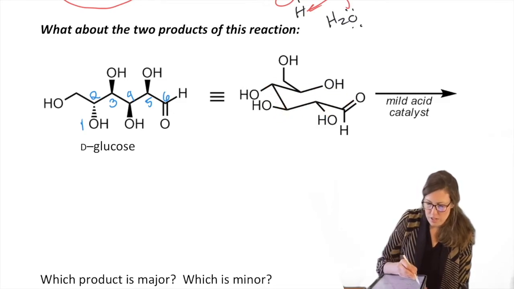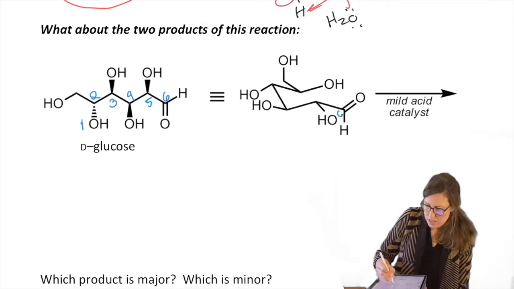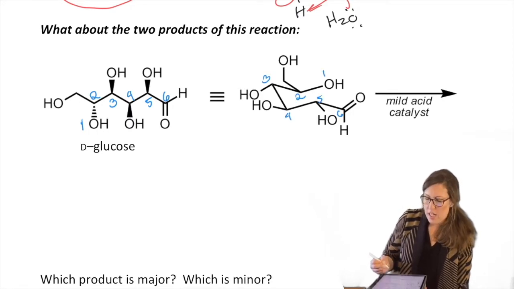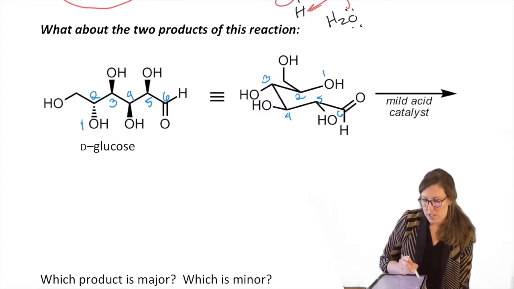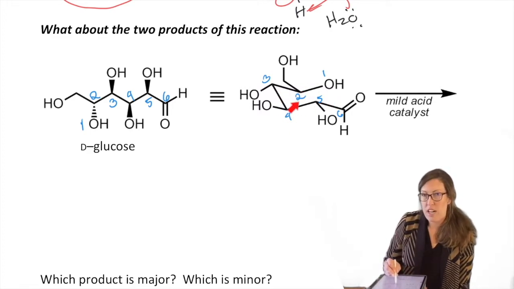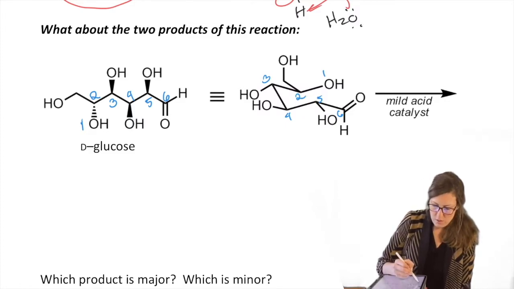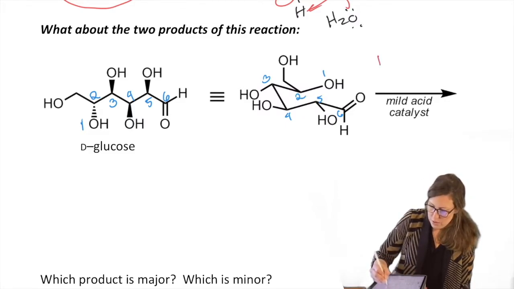So I'm going to renumber it. 6, 5, 4, 3, 2, 1. So stereocenters are intact. This is sort of like a semi-chair getting ready to close. It's going to look like a chair when it's done. So what I'm going to do is a shorthand version of the mechanism. It gets activated, and we attack and open.